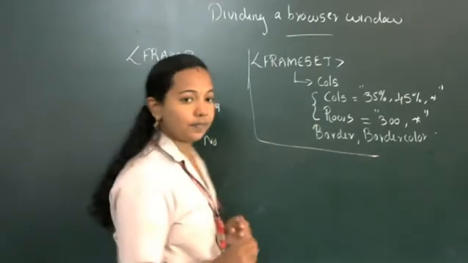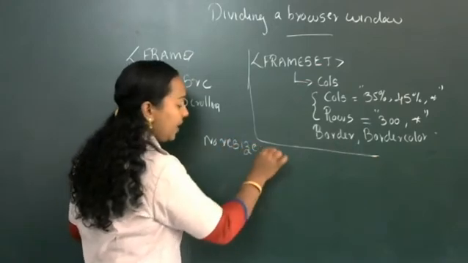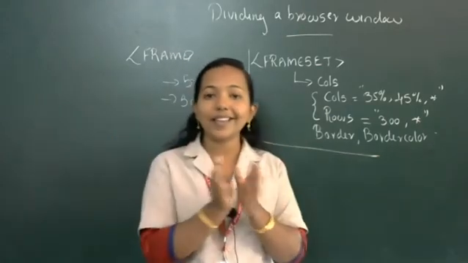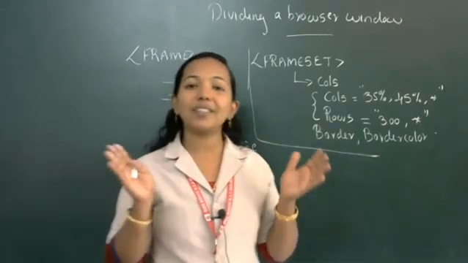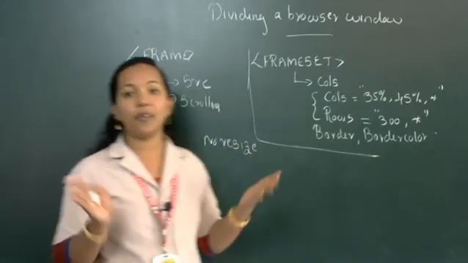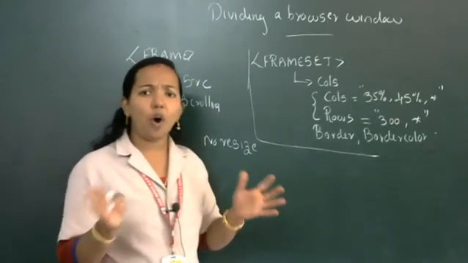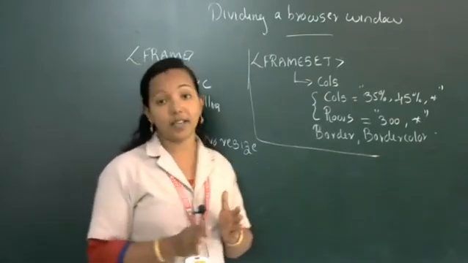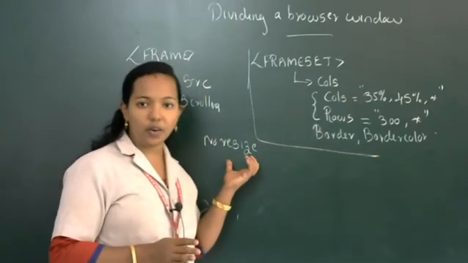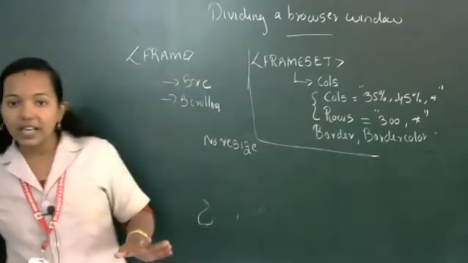noresize. Next one is noresize. Noresize means that if one or more web pages are present, we can drag to increase and decrease the size of a web page. That possibility is available in frameset. Suppose you don't want to resize the frame, nobody can alter the size or alter the border size. Then we can use noresize. If you mention noresize inside the frame, then nobody can resize. We can write like this: